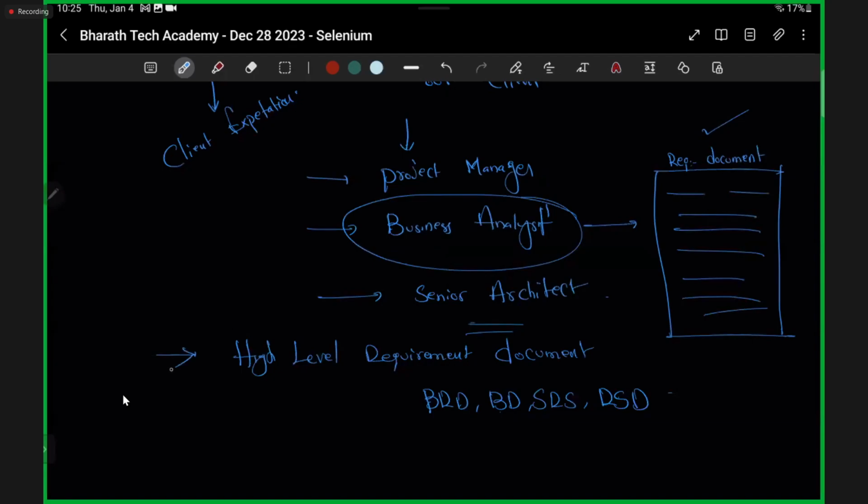Why is it going to be called a high-level requirement document? Anyway, we are collecting all the requirements from our client. The senior architect is also there. This guy already explained whether it is possible or not. Then why are we calling it high-level requirements only? High-level requirement document only, because